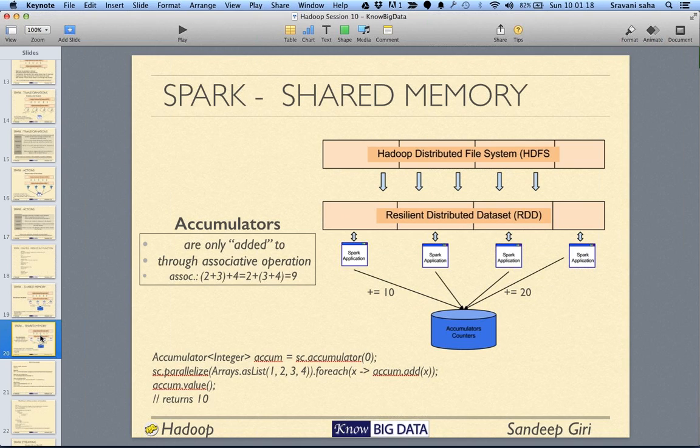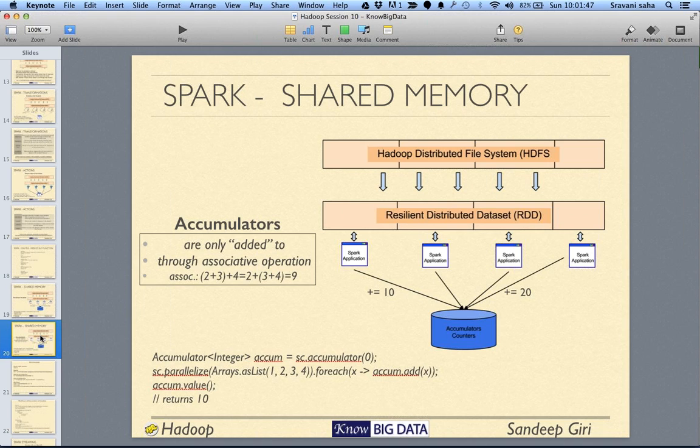In accumulators, the order in which things come from each node should not matter to you, because there is no fixed order in which you will receive the values. You will not receive the values from node 1 first, then node 2 and node 3. It will be very spontaneous, based on various conditions of the network and node.